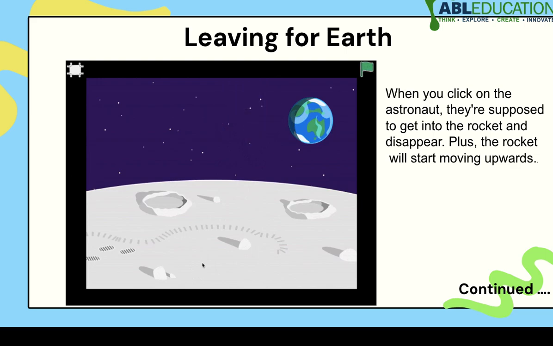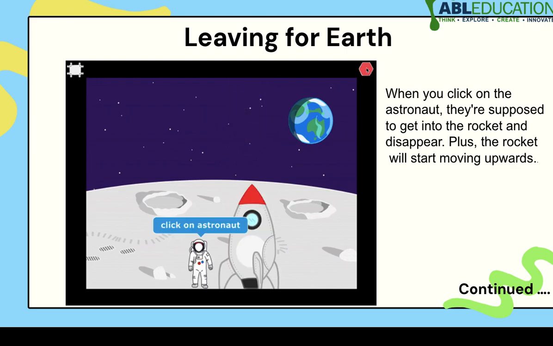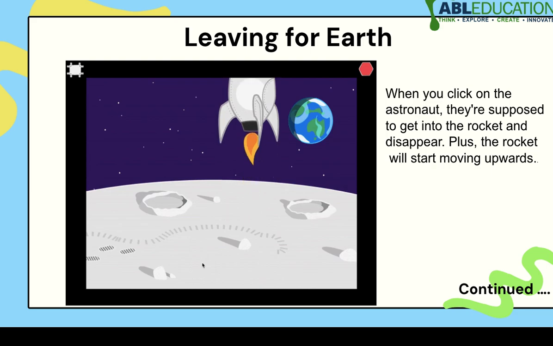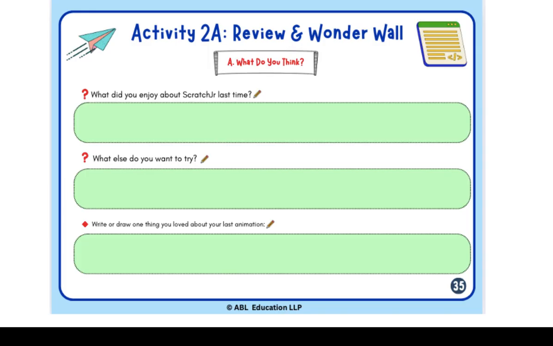Today we are going to use the purple screen block and say block. We will also explore different events like click event and touch event, and we will see how we can change scene. So start with the activity and ask a student what did you enjoy about Scratch Junior last time